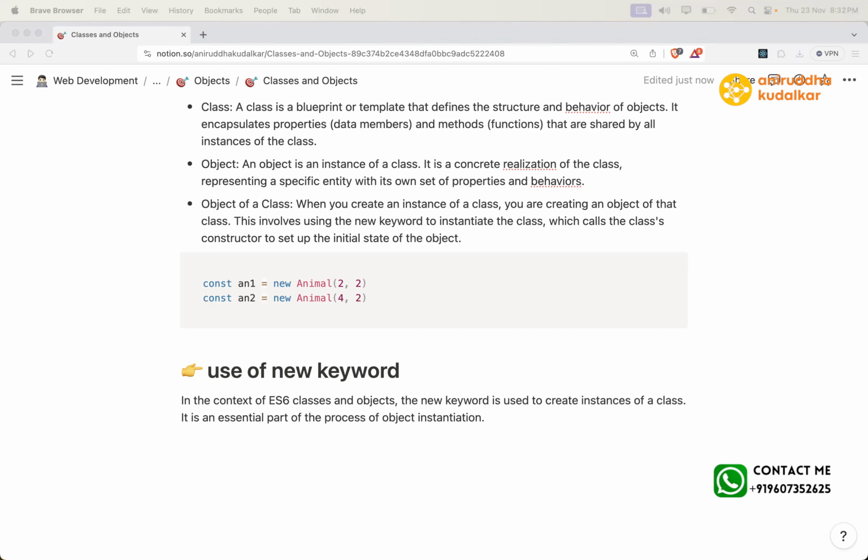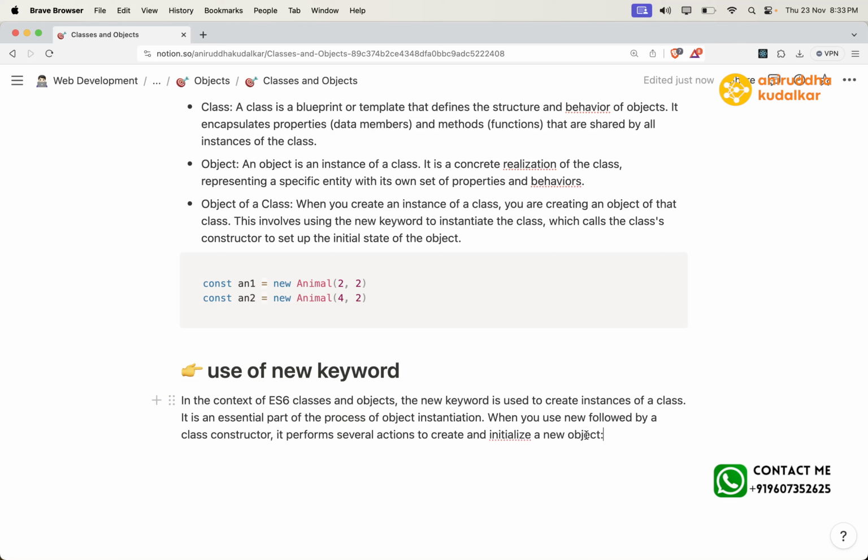When you use new followed by a class constructor, it performs several actions to create and initialize the object, right? First is object creation. The new keyword creates an empty object,